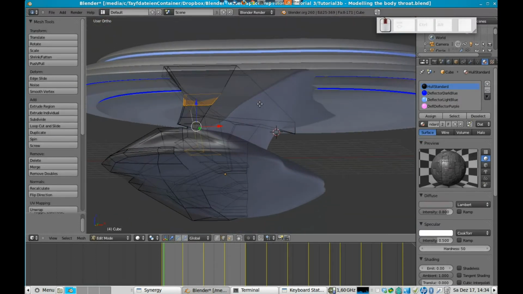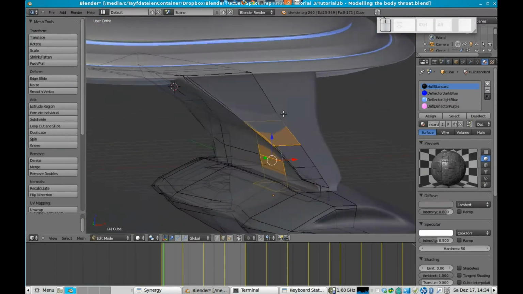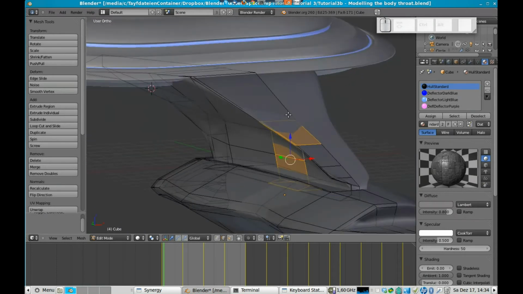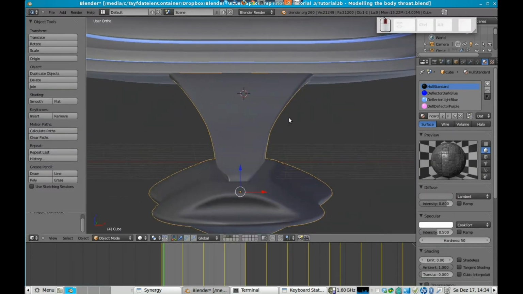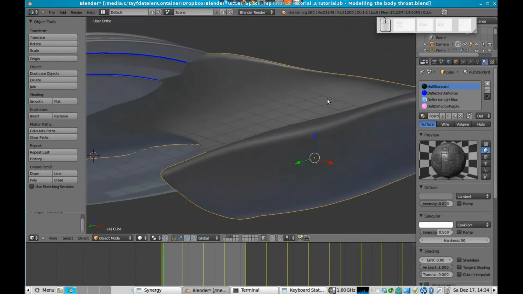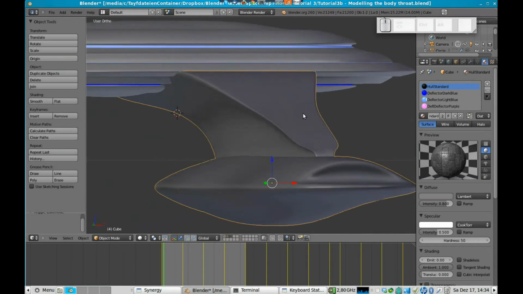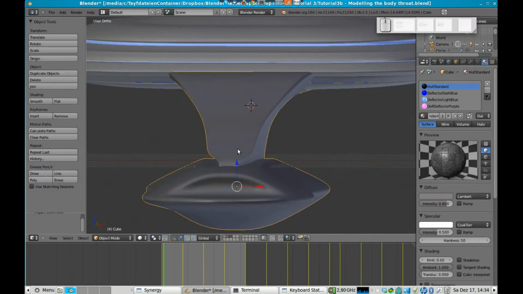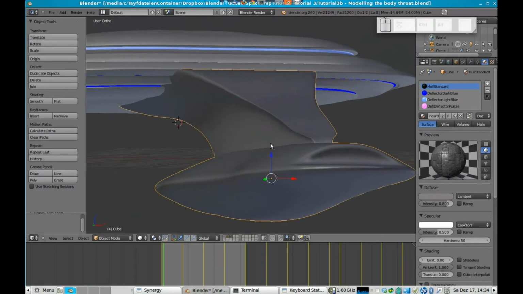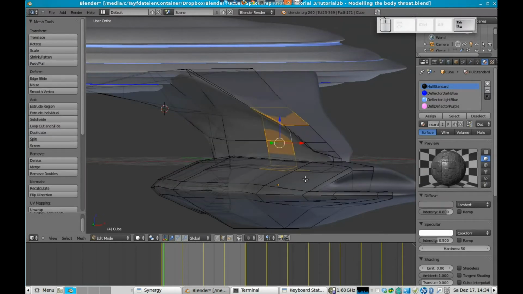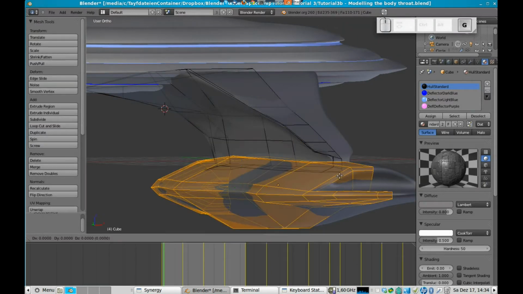we need to extrude this one too. So let's go to this view here. Oh, funny, there's something coming out here. So let's go to edge selection, select this edge and this edge, and move it into our mesh. So okay,